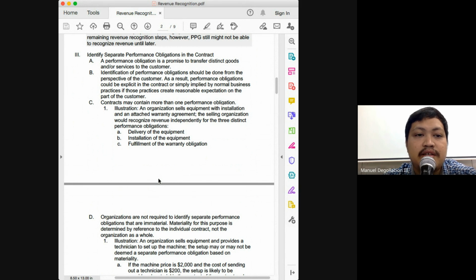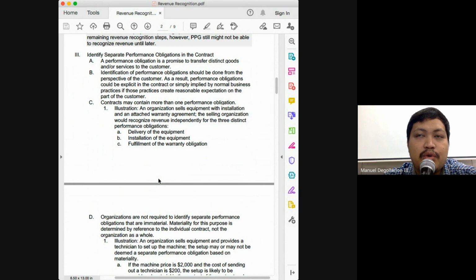And if a contract is severable, if it has several performance obligations which you can satisfy separately, then they will have to be recognized separately as well. But if you go to letter D, it emphasizes that organizations are not required to identify separate performance obligations that are immaterial. So there will now be a question, what then will constitute